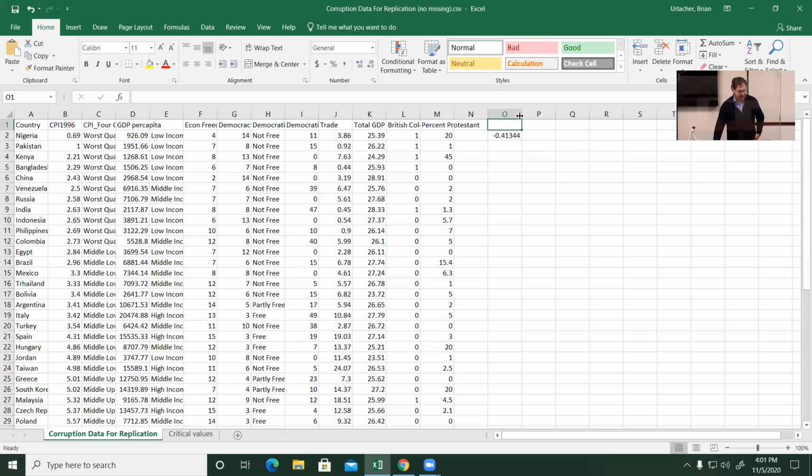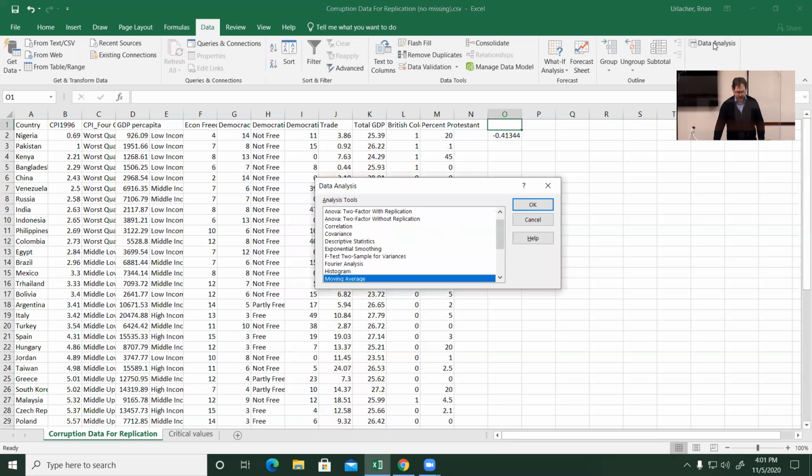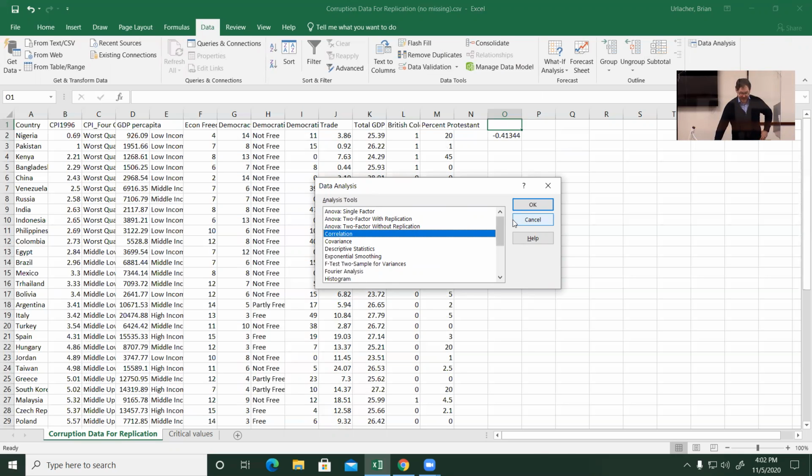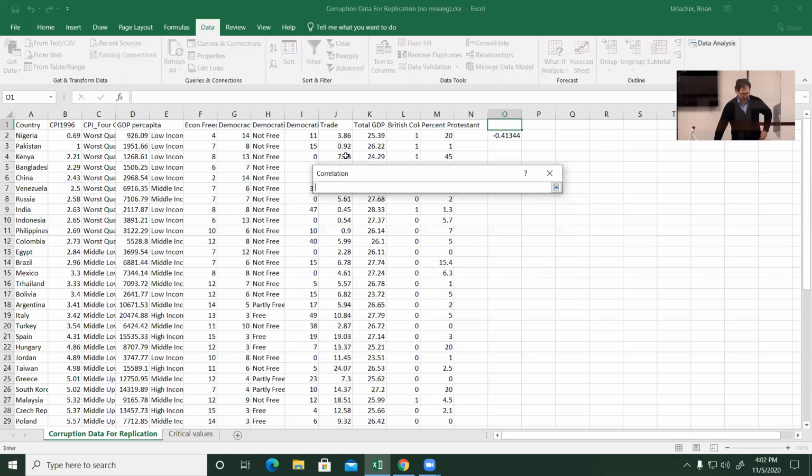The second way is using the Data Analysis tool, which is something that you can add into Excel using their add-ins pack. And I have a video on how to do that if you haven't done that yet. And there's an option for correlation. But before we can do that, there's a little quirk about Excel in that it asks for a single input range. And if I tell it, by clicking this little arrow here, that I want to look at my trade data,